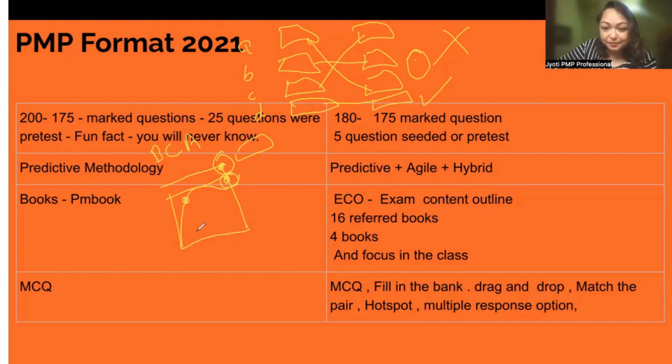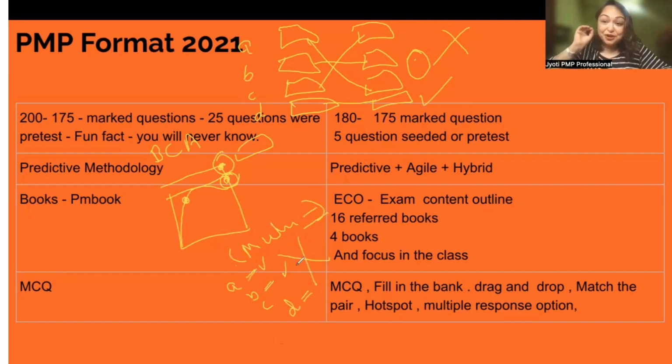The concept should be very clear. Next is multiple response options. Now, multiple responses are also a little difficult, but you will get it. They will inform you that this is a multiple response option. That is a good thing, because let's say we have 4 options, A, B, C, D, and 3 are correct, but you have opted only 2. In that situation, the question is wrong. So you have to read them very carefully, so that in multiple response options, you choose all the correct responses.